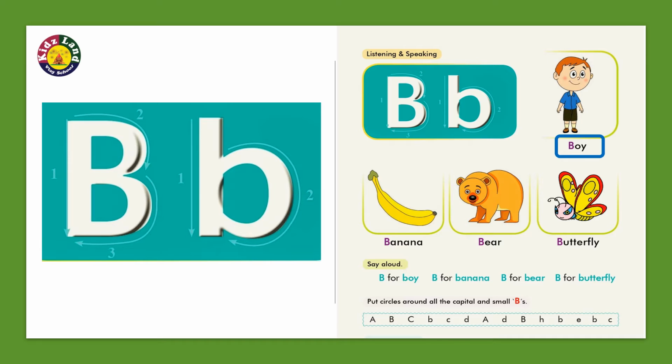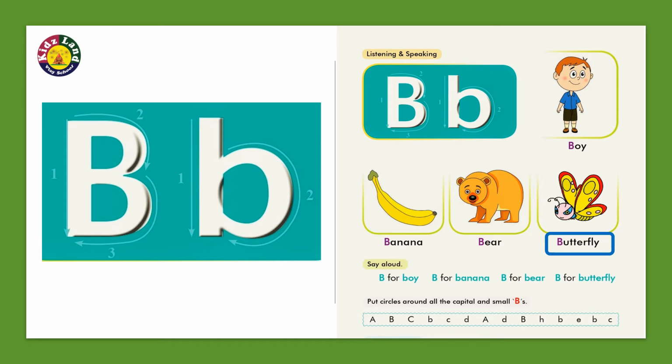B-O-Y, boy. The second one is my favorite fruit, banana. What's the fruit given here for B? B for banana. B-A-N-A-N-A, banana. What's the next picture shows? A bear. B-E-A-R, bear. Next is the